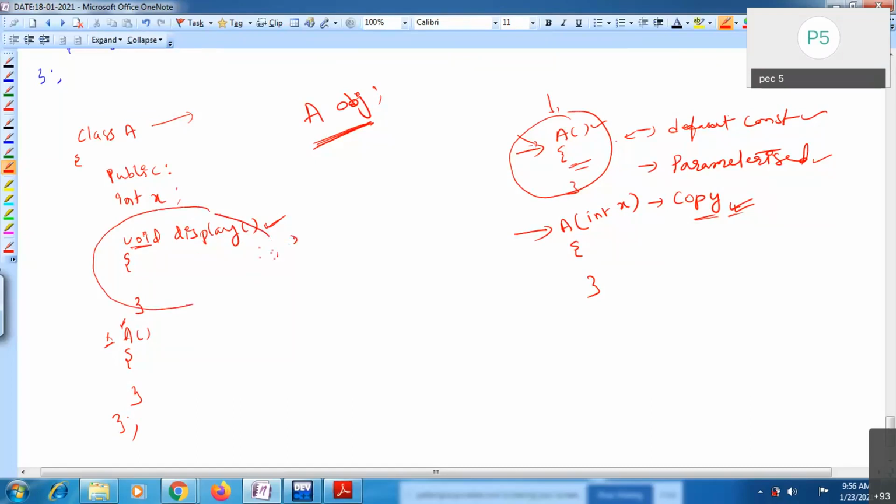Constructors are not called manually. By default, the compiler itself will call the constructor. That's why we are writing these constructors in our class: to initialize your object, not to call these constructors.